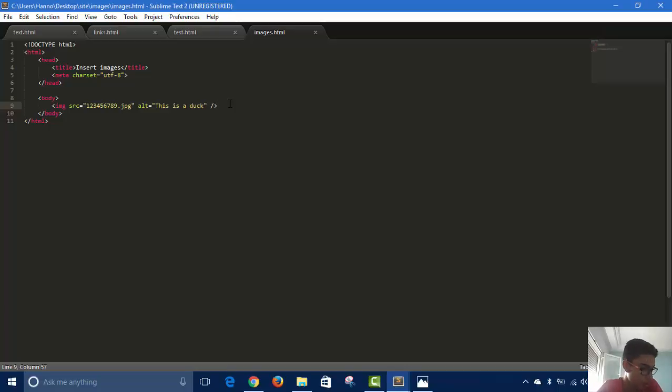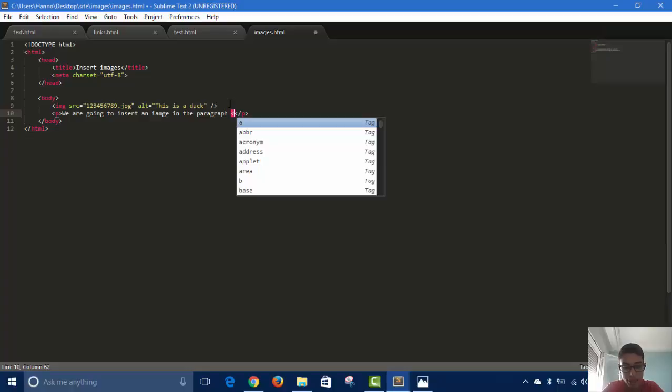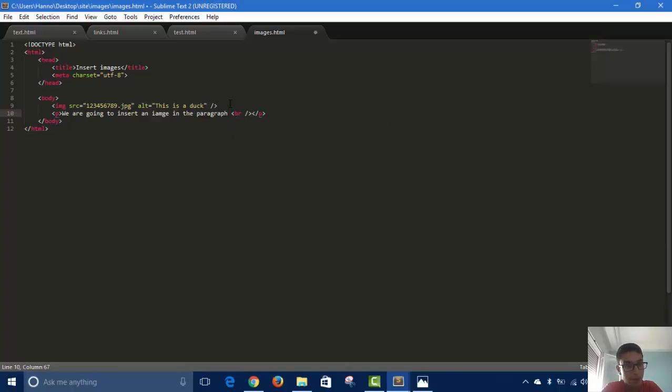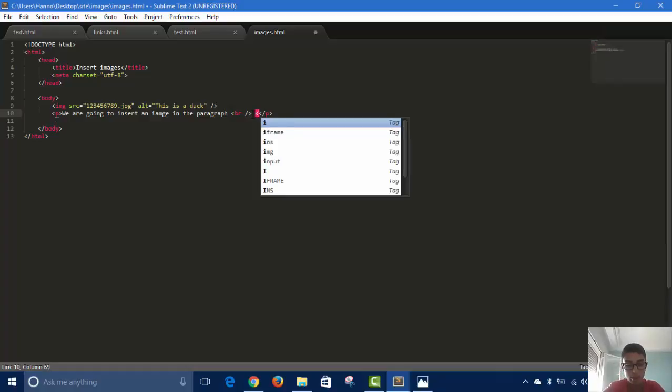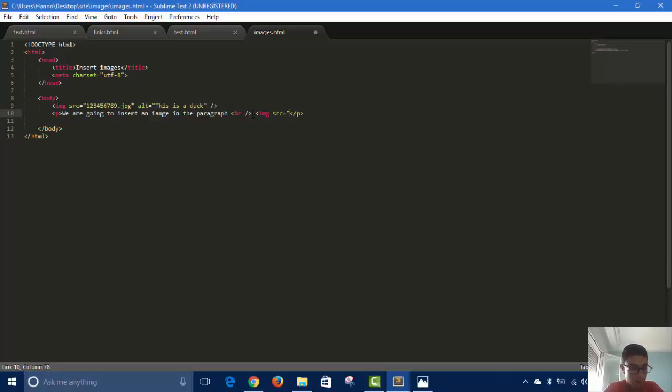Then we are going to see how to insert an image in a paragraph. So let's create a p and write anything. We are going to insert an image in the paragraph, and let me close the p. Here I am going to put a BR tag, so this tag allows me to go back to line without doing big stuff. And then inside the p I am going to put img src equals